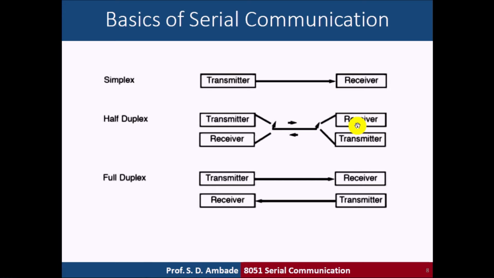The example of a half duplex network is the walkie-talkie. In a walkie-talkie, at a time we are only able to receive a signal or send a signal. Both processes are not available simultaneously. Then in full duplex mode, see this block diagram, we are able to simultaneously transmit and receive data. The example of this is mobile phone, telephone, etc. At a time you can transmit a voice signal and receive a voice signal.